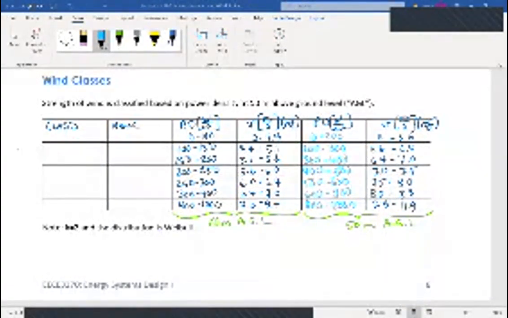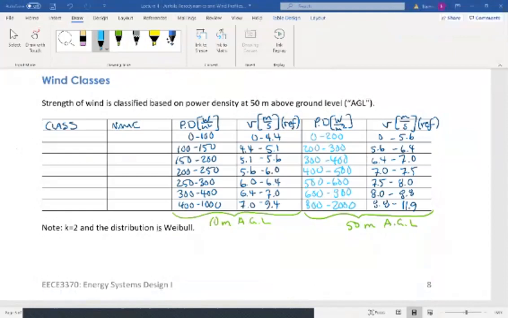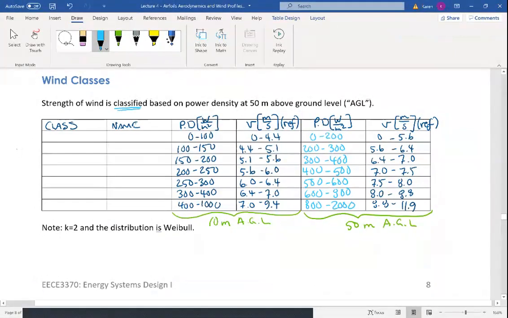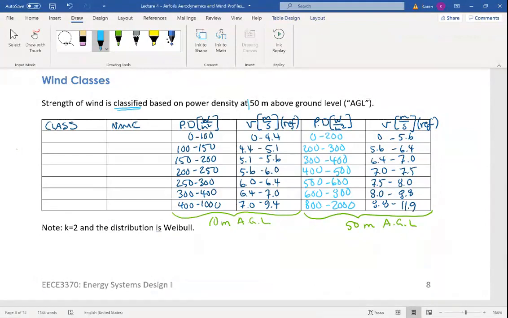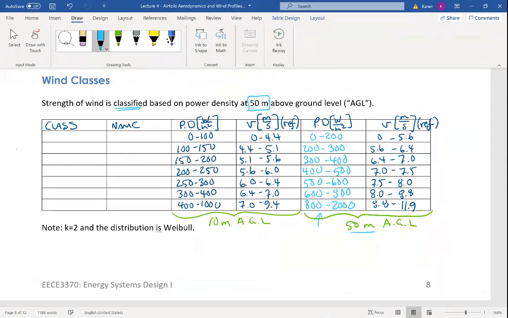So wind classes are defined. The strength of the wind is classified based on power density at 50 meters above the ground level. Here I've made a chart that shows 50 meters above ground level, and this column is how we define classes. Looking at just this column alone of power density at 50 meters above ground level, a class structure has